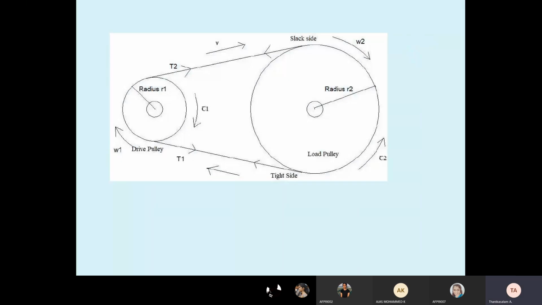Now you can see next, belt friction. You have seen this one in a sawmill or flour mill. They rotate. When it is rotating, one side must be tight and the other loose. Then only it can rotate. See, the bottom side is the tight side, the upper side is the slack side. Slack side means not loose, not more loose, just a little bit. Compared to the bottom, the upper side has less tension. So this is a driver pulley. Driver means motor. Anything rotating, we first apply the motor. This is the driver. This is the follower.